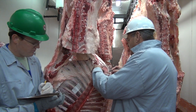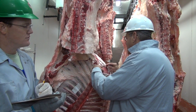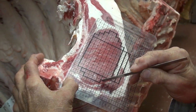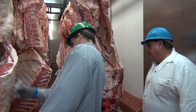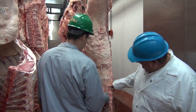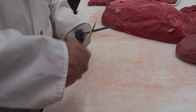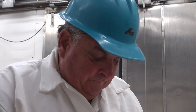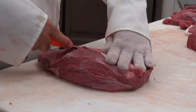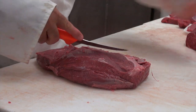Well, the first step that we did was look at the muscles in the chuck and round and try to profile each one for its characteristics, all the way from the compositional characteristics to the sensory, taste panel, and tenderness, to find out everything we could about those muscles in those two portions of the beef carcass, so that we could then use that information to best merchandise those at their highest